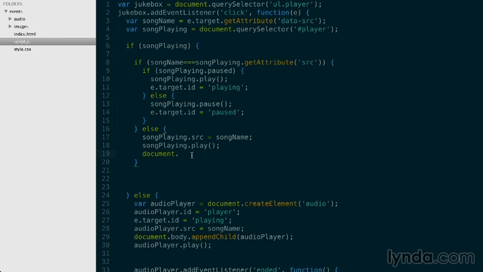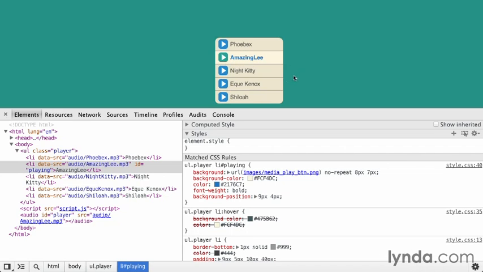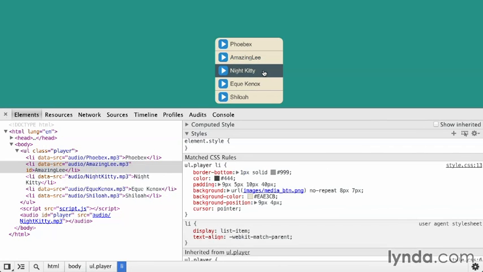So if we look for it by using query selector, and look for any element that has an ID of playing, then we could just set its ID to nothing. What that will do is at least reset the song that used to be playing. So let's see. Refresh, we'll play this one, and then I'll play this one. At least it reset both of them,